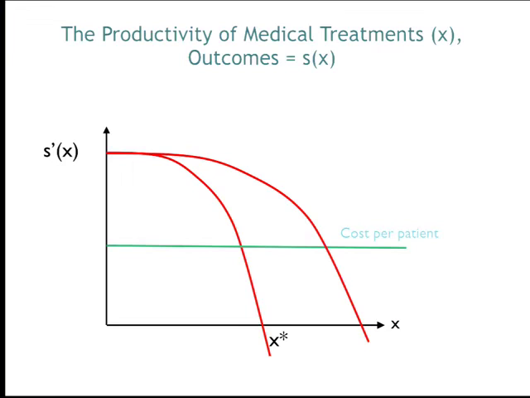And so what we know is that if we're doing a standard social planner's problem, or even a standard problem from a patient's perspective, where they have to pay out of pocket, what you would want to do is treat up to the point where marginal benefit is equal to marginal cost. So up to the point where that S prime of X curve intersects the marginal cost curve, right? Ideally, what you'd like to do is treat up to that point and then stop. What's often going to happen though